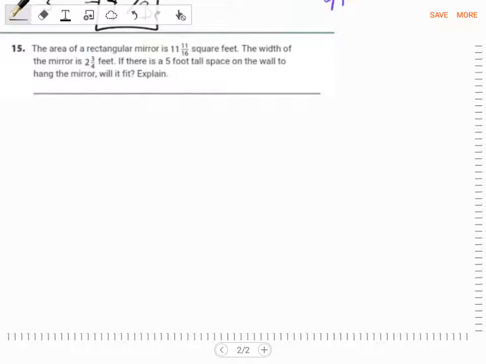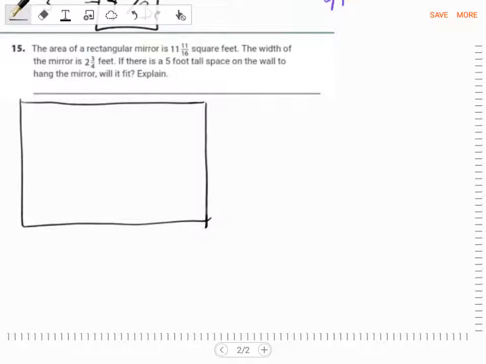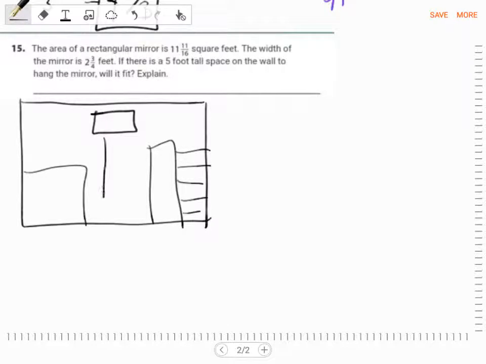Let's pretend this is our wall. We're just going to look at a wall and make sure that we're thinking through this whole thing. That's your wall. Maybe you've got a dresser over here, maybe a closet, and a bookshelf with some shelves, and maybe a picture up here. We've got a picture, but we want to put a mirror. So for our mirror, we've only got 5 feet